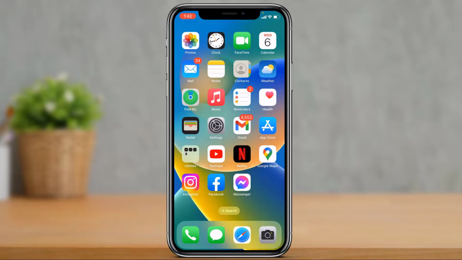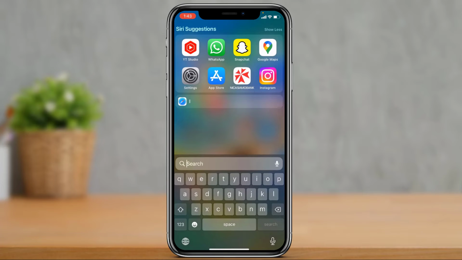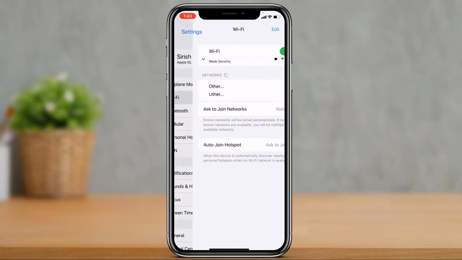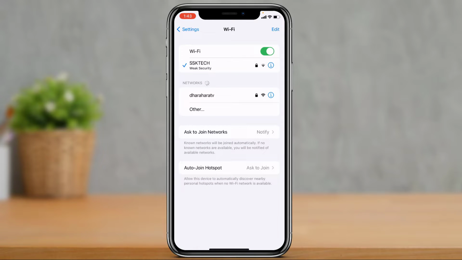How to update Instagram on iPhone in 2022. In this guide video, I'm about to simply show you how you can update your Instagram app on iPhone. So make sure to watch this video till the end. First of all, in order to update it, you would need to have a very reliable internet connection. So open your phone's Wi-Fi settings and simply make sure that you are connected to a very good internet